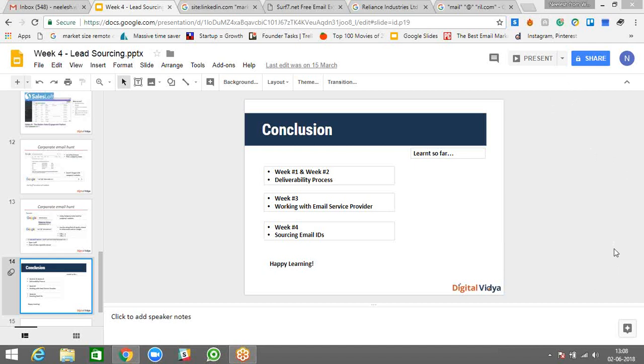I don't see any chat. Am I missing something? Oh, the chat is loading right now.